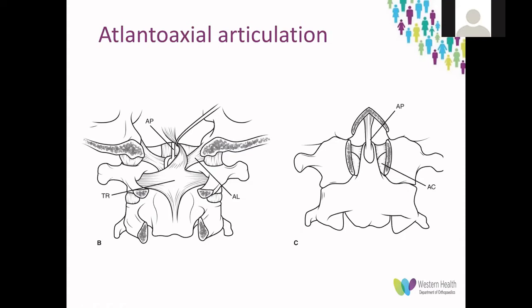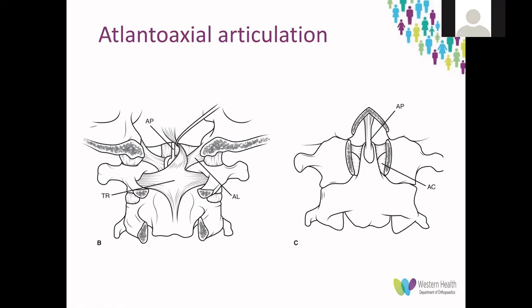This slide shows on the left the posterior and on the right the anterior views of the atlantoaxial articulation, the atlas referring to C1 and the axis referring to C2. This joint provides the majority of rotational range of motion in the C-spine. You can see the dens of C2's articulation with the posterior aspect of the anterior atlas, as I mentioned in the last slide, and the transverse ligament that sits posterior to the dens supports that as a sling and